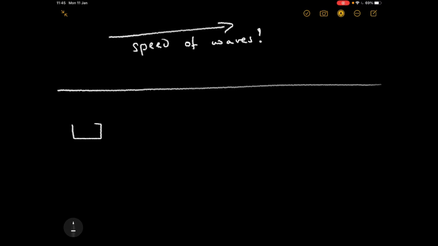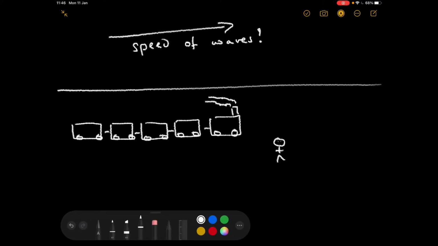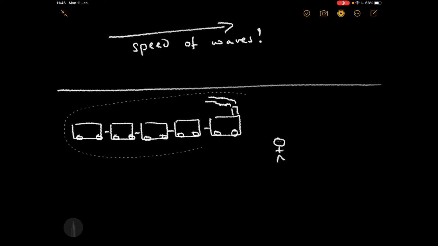And let's imagine that we have a train. Five carriages. What amazing artwork this is. I've made a steam train. And you've got a person who is watching it. And so this train is just going to go